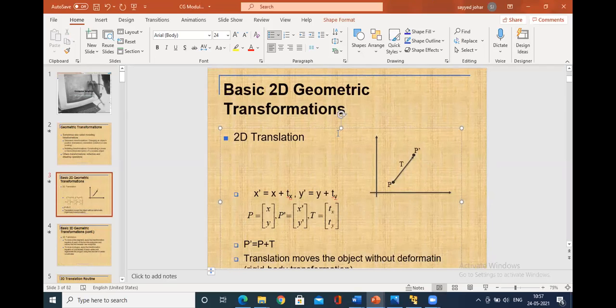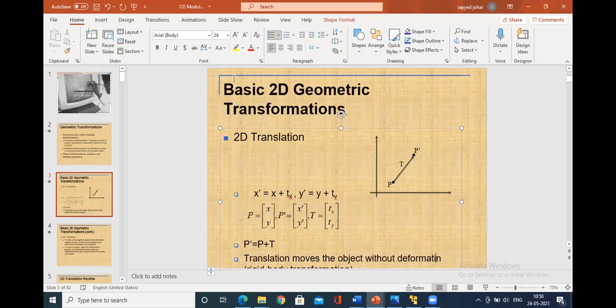The value at this point is 1,1, and the value at P dash has changed. So it is translated along the x-axis and y-axis. Some x variation has happened and y variation has happened.